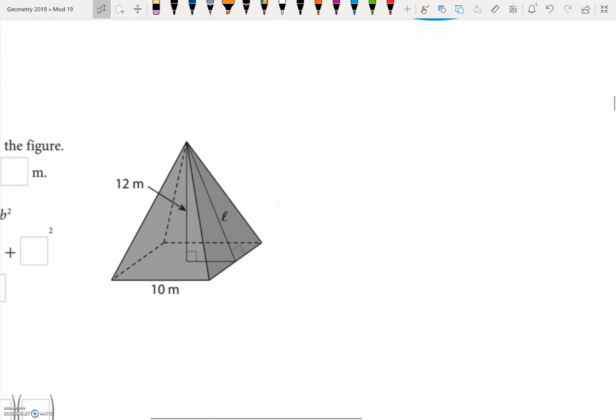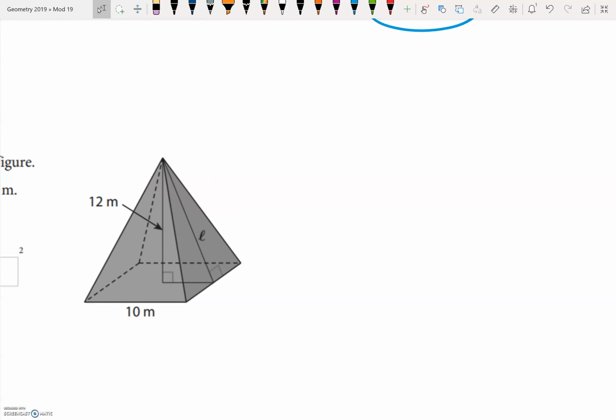Let's go ahead and try our next one. This one, they don't tell us our slant height, so we need to figure that out ourselves. Luckily, we know something about special right triangles. Since this is 10, half of it would be 5. And there's a special right triangle with a 5, 12, and 13. So since now we know that our L is 13,